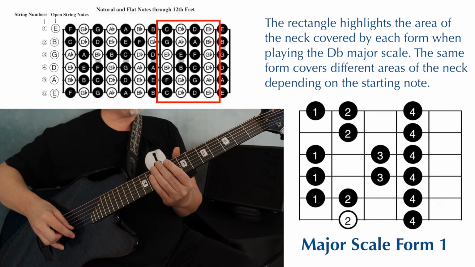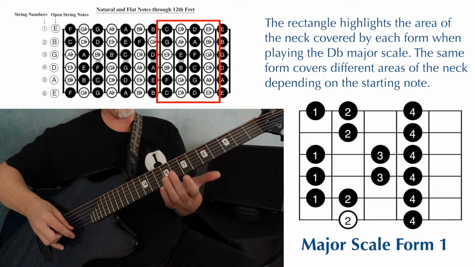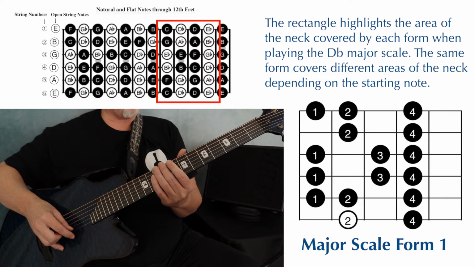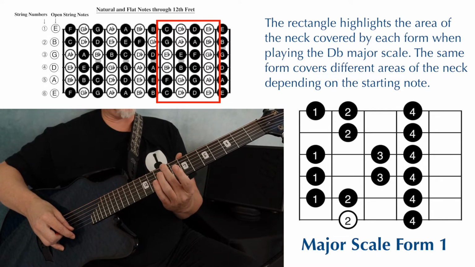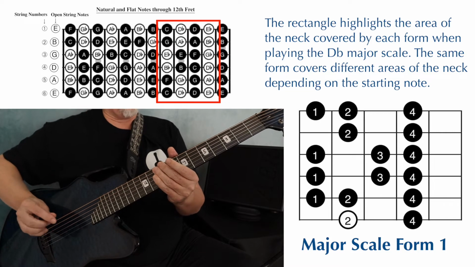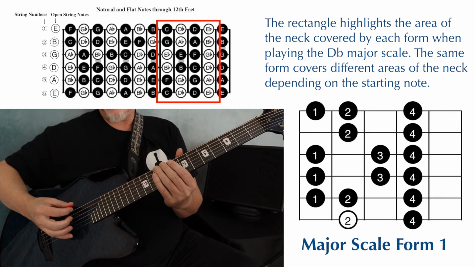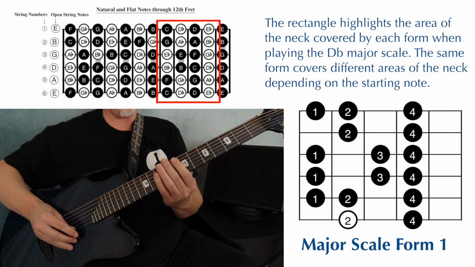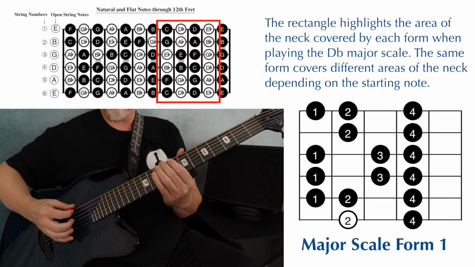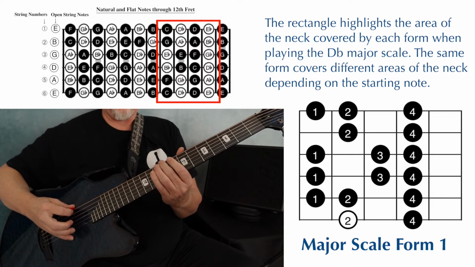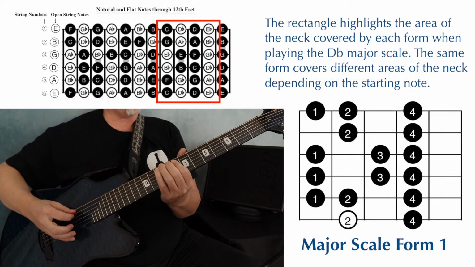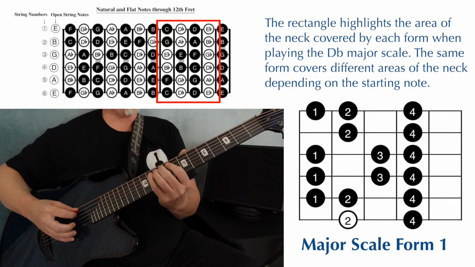Major scale form 1 starts on the 6th string with your 2nd finger, and you need to find the D flat on the 6th string, and that is at the 9th fret. So I'll play through the form and I'll say the pattern. Remember, you don't start counting until after you play your first note. So there's your starting point, and then whole, half, whole,